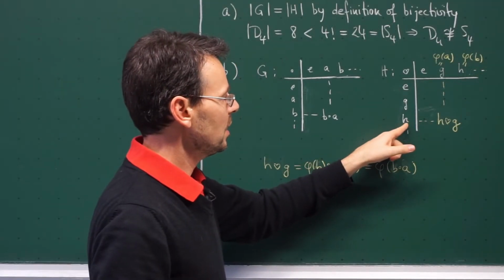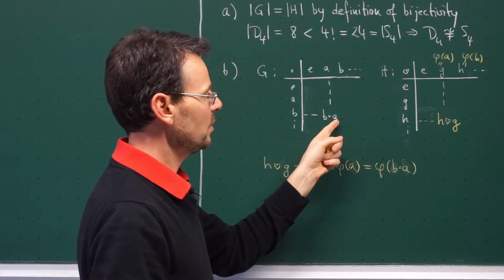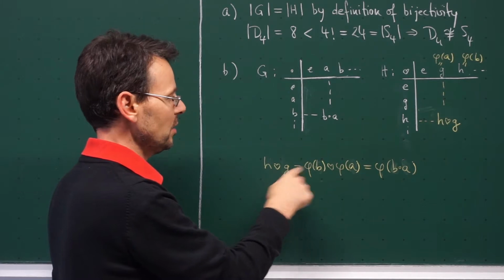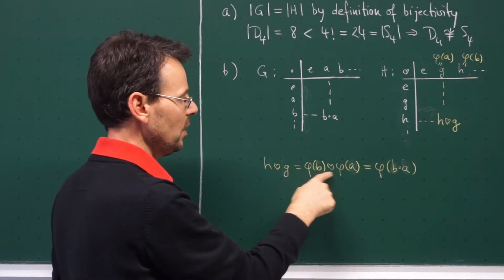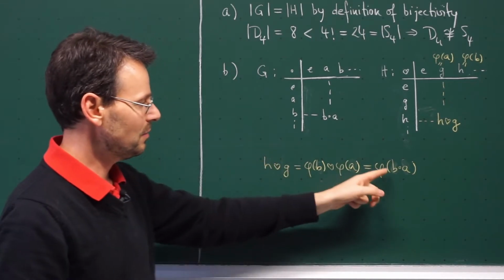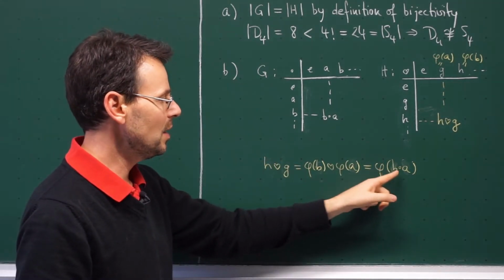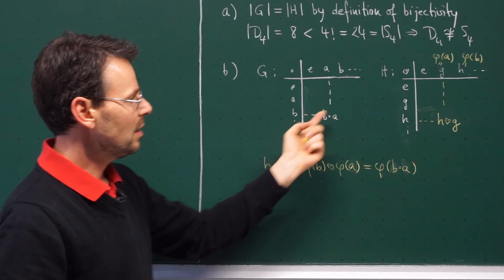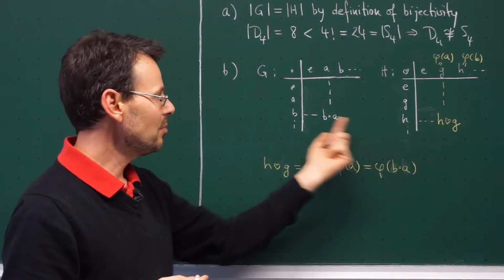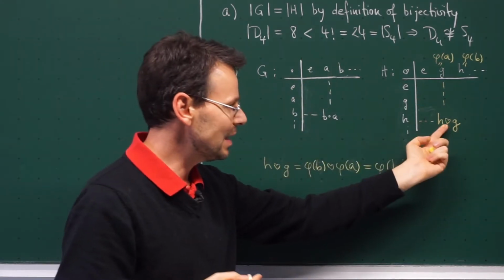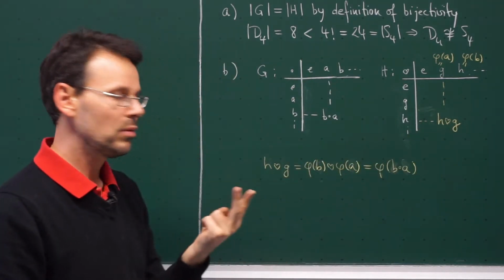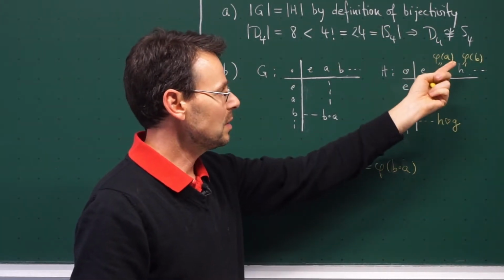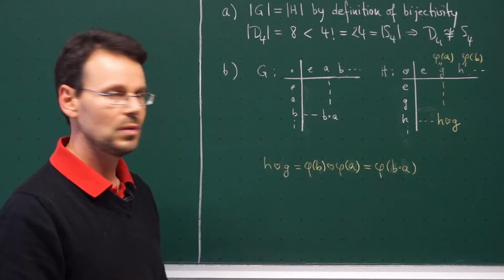So I take a look at this element composed with this one, same as here in this group table, only that the operation now is hard. So H hard G is by definition of G and H, phi of B, hard phi of A, and now because phi is a homomorphism, this can be written as phi of B circle A, so composition in G. So we see that the group tables are exactly the same because this element here gets mapped to exactly this element here. And this uses both properties of phi, namely that phi is bijective,